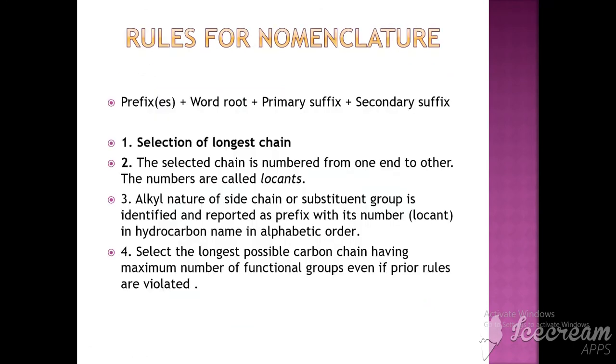Now we are going to deal with the rules of nomenclature. So basically what